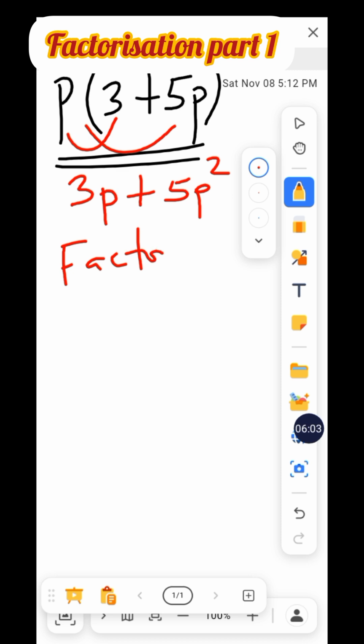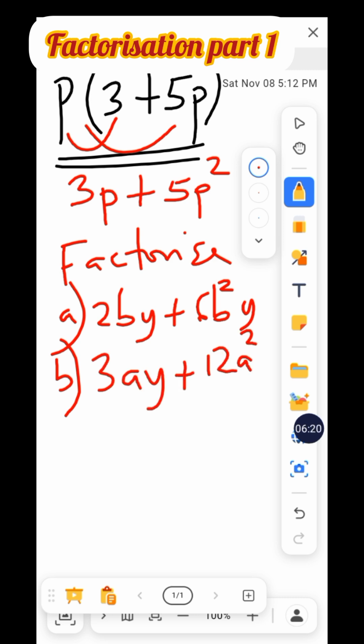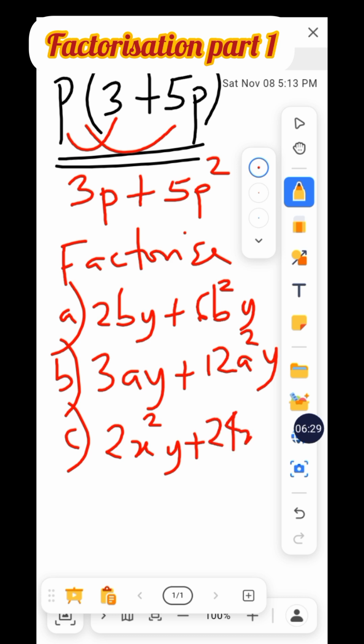Factorize: a, 2by plus 6b squared y; b, 3ay plus 12a squared y; c, 2x squared y plus 24x squared y squared. Then d,